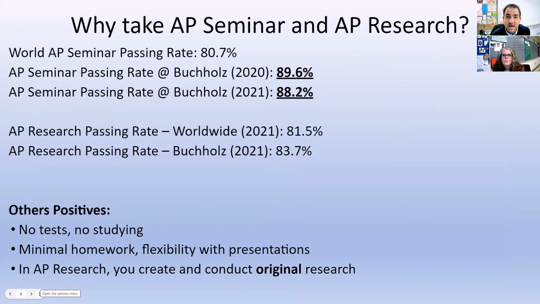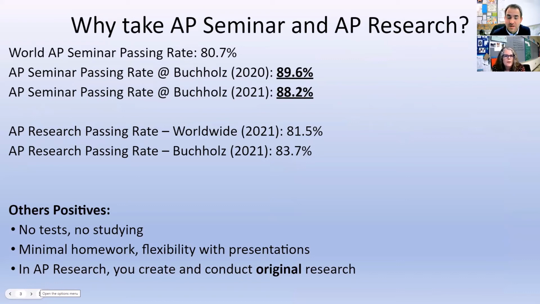These are not courses that are going to require you to study a bunch of material and memorize it or remember it for a big exam. The score is based mostly on what you do in class. In AP Seminar, most of your AP score is based on the two papers and two presentations that you do related to the topic that you pick. And in AP Research, it's just that one presentation and one paper.